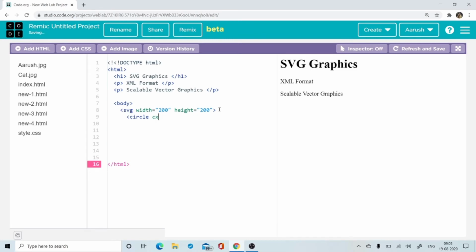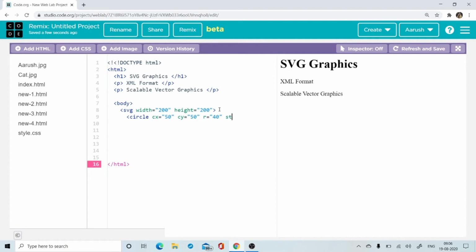So it is like X and Y positions I am trying to declare over here. So it is like 50, then I go to cy, equal to 50, right? And let's put the radius of the circle. Let's say the radius is 40, okay?